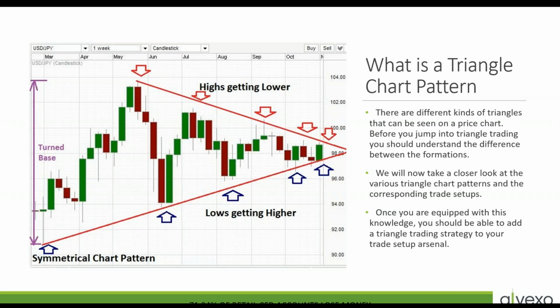Now, there are different kinds of triangles that can be seen on a price chart. But before you jump into triangle trading, you should understand the difference between the formations. So we're going to give you a little knowledge. We have the symmetrical triangle. In the symmetrical triangle, both lines, the support and resistance lines, or the top line and bottom line, are